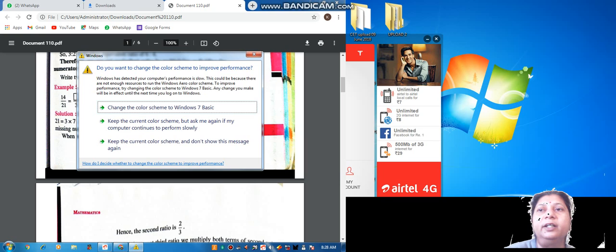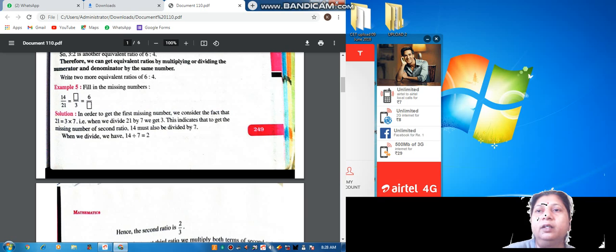Then see here, it is 6 here. So here it is 2. So we have to convert the numerator 2 into 6. So what do we have to do here? We have to multiply by 3, right? Now next, in the denominator how much is there? 3. So 3 will be multiplied by what? By 3. So 3 3s are 9. So it should be 9 here and it should be 2 here. Okay, so let's see what is the solution given.